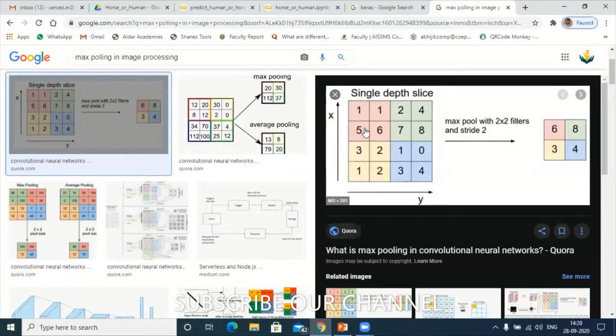Taking the average consumes a lot of time, so that is the reason I have taken the maximum value. We can take the maximum value. In the same way, we can take the median also. Okay, 1 plus 6 divided by 2. So take the median and place it to the next level.